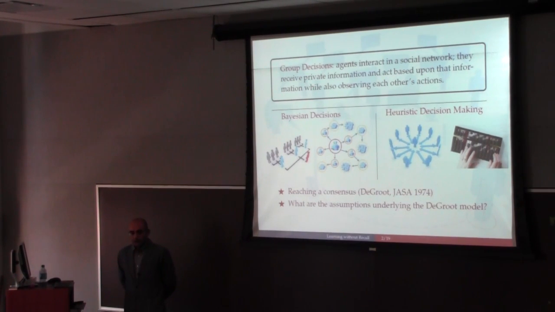To model this situation, arguably it is an important situation because many of the policies are the result of such interactions. So it is important to understand its properties, how people come up with decisions in groups, and what we can do to improve these decision-making processes. To analyze them, one approach is to look at Bayesian decision-making, meaning that people will come up with the best opinion or best descriptor of their observations at every time and try to communicate that.